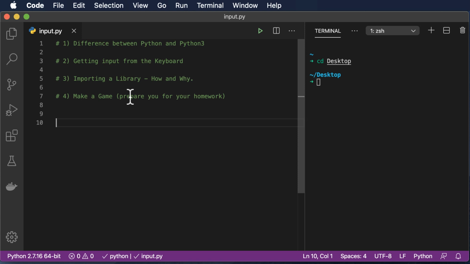Welcome to this video. Today we're going to talk about the difference between Python and Python 3 to start. Then we'll learn about getting input from the keyboard. Then we'll learn about importing from a library, how we do it and why we do it. And finally we're going to make a game which will hopefully prepare you to do your homework assignment, the keyboard